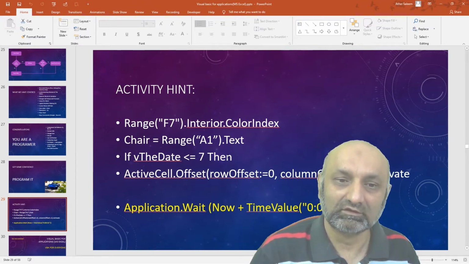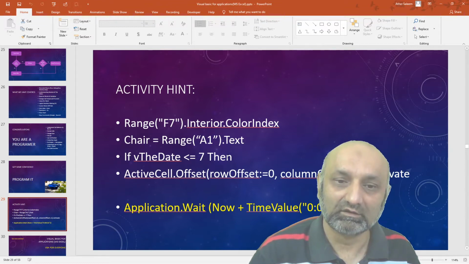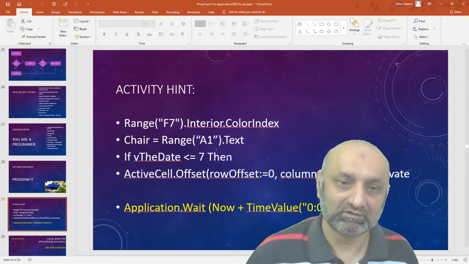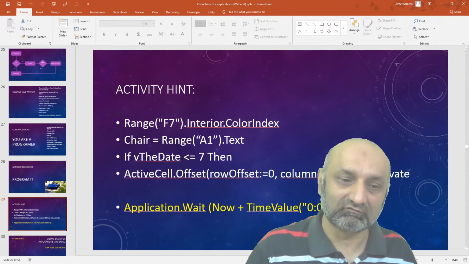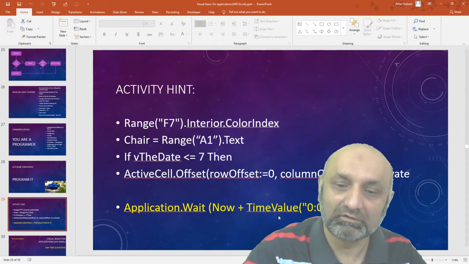It was Range with Interior Color and ColorIndex, Range with dot Text, then If Then, Offsets, and the last was Application.Wait with Now plus TimeValue.